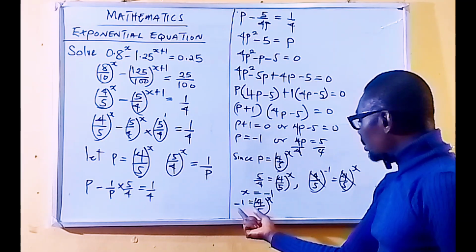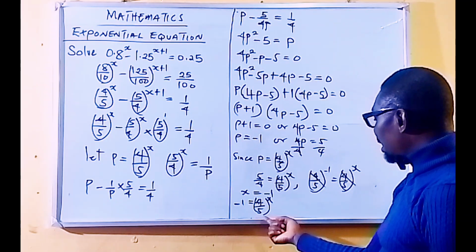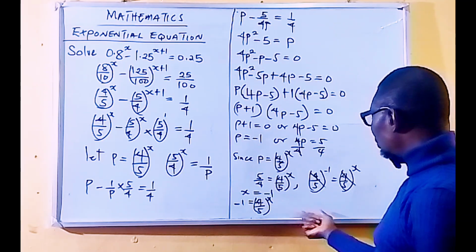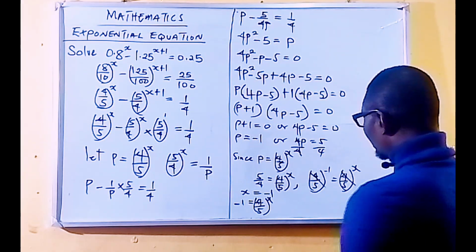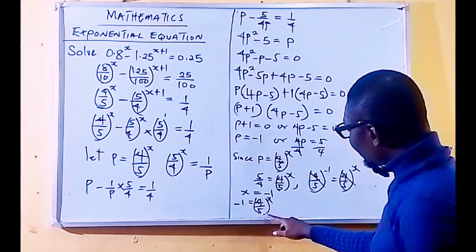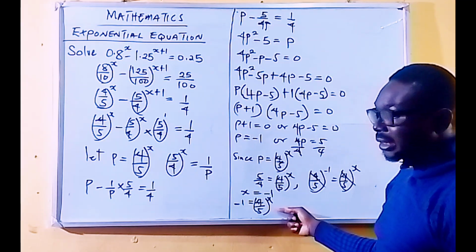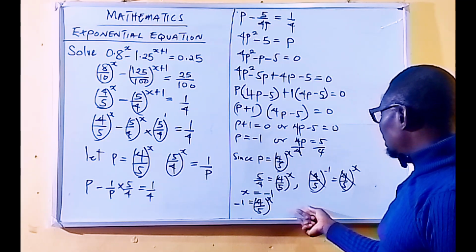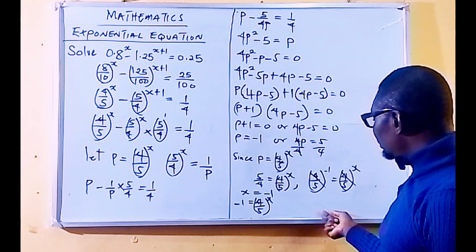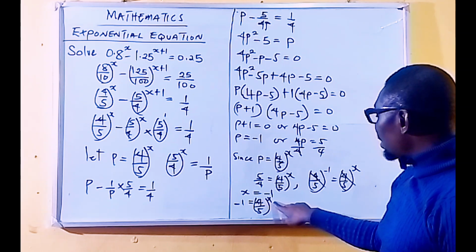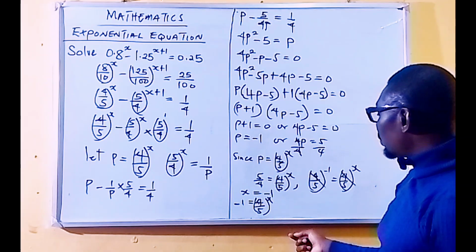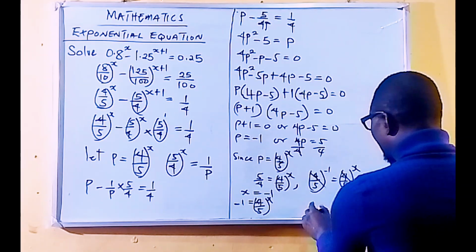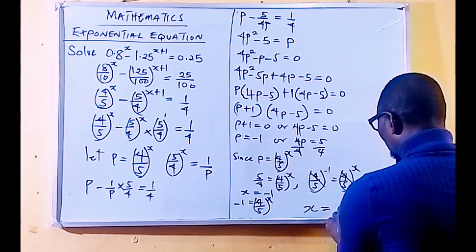This has no root. Why? Because 4 over 5 raised to the power of x must be greater than 0 for any value of x. Therefore, we conclude that our x is equal to